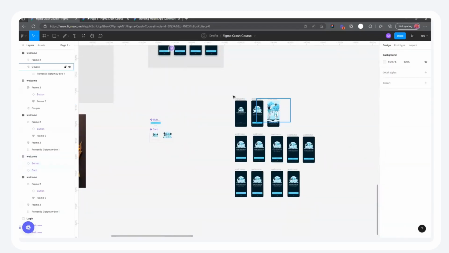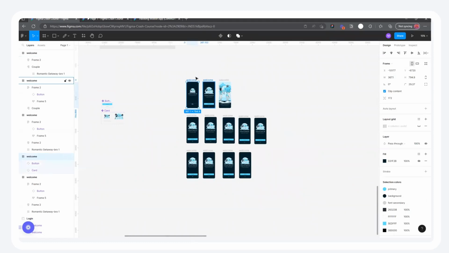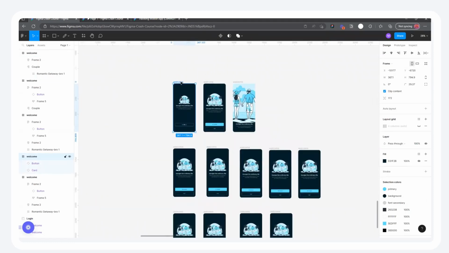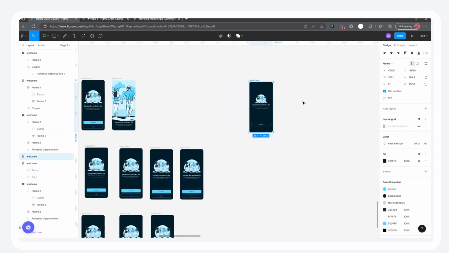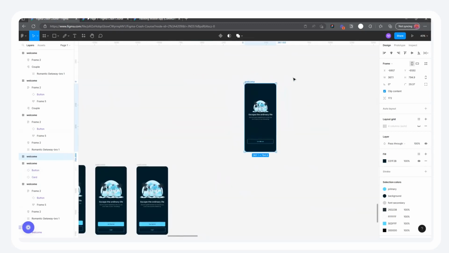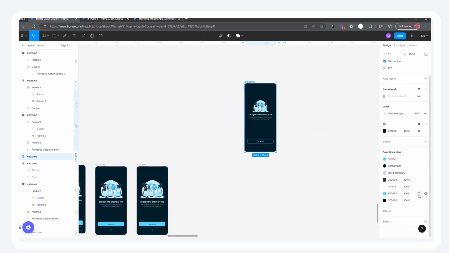Then we're talking about exporting your elements. Let's say you finish designing, right? Design, and you want to export it and use it in other places. Maybe you want to post it on Twitter or something. You want to export this particular screen. What you will do is come to export,